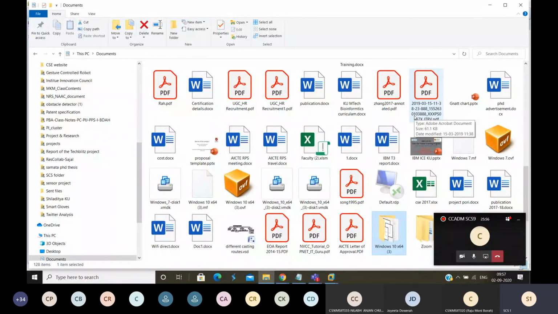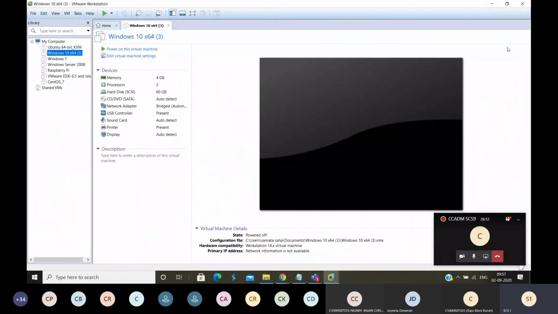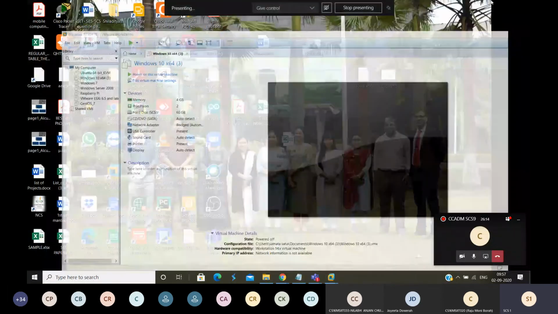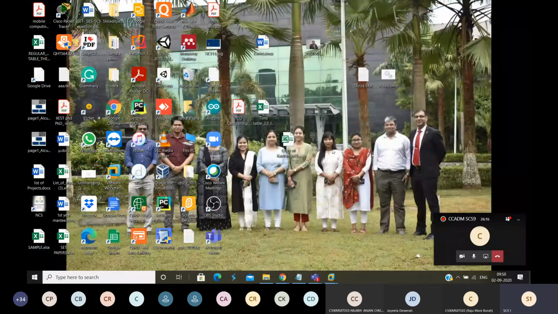I have virtual machine images of all flavors, so that I can instantly show them to the students, except Mac, because there is a compatibility issue of VMware with Mac, so it has not been done for Mac yet. But a few of the students who have done this lab under me claim that they have also made virtual machine images of Mac. But I do not have a Mac machine, so I could not check.